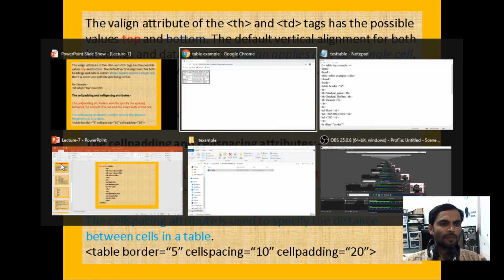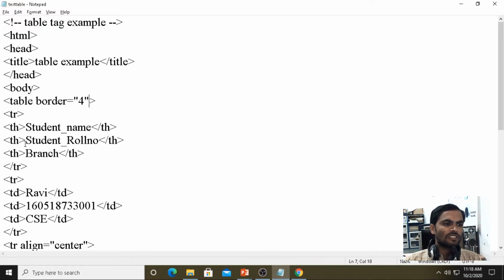Now for understanding purposes, for the table heading I am using valign as top. Student roll number I am using top.